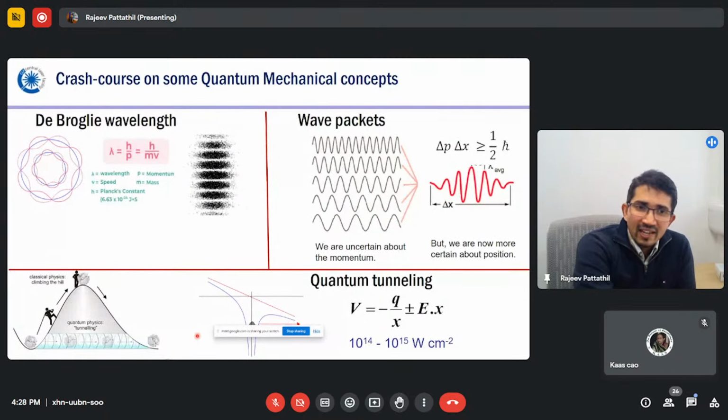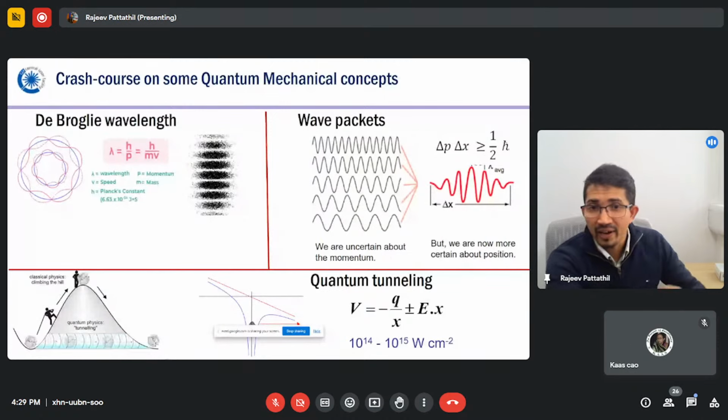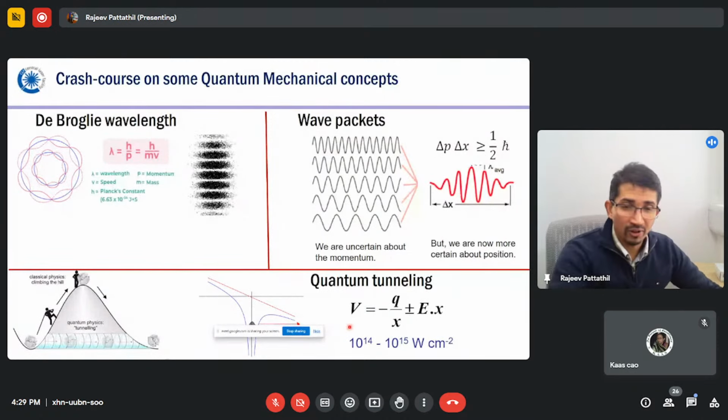But in quantum physics, because this is a wave function, which is an addition of multiple probabilities, there is a finite probability for the wave to tunnel through without actually going over the barrier. If the barrier is sufficiently low, the wave function of the electron can tunnel through the barrier and actually ionize. So this is an important phenomenon that actually happens prior to producing